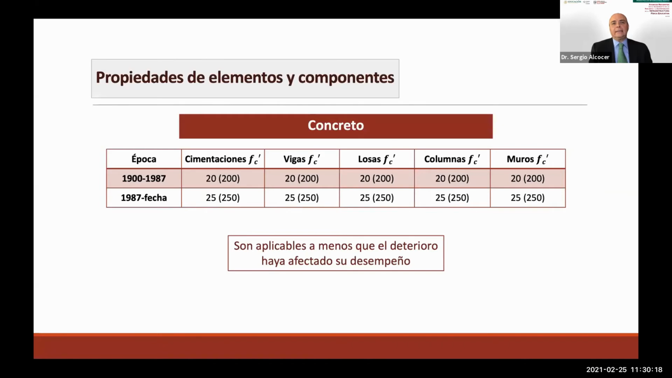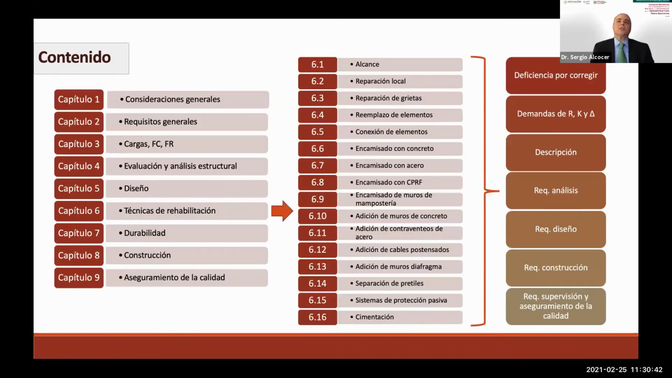Here we have an example of the table included in the technical guide. And as you can see, any structure built between the 1900s and 1987, we're talking about 90 kilograms per square centimeter. And again, we can have some tests if we have concrete